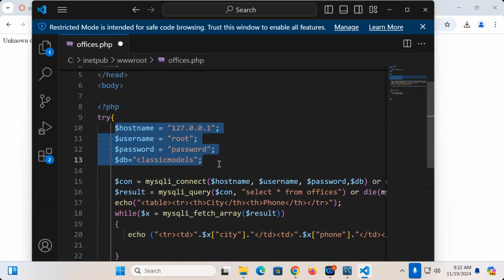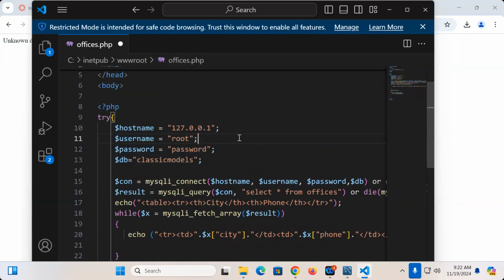Well, the host name is either localhost or 127.0.0.1. Those two mean the same thing. 127.0.0.1 is the actual IP address for localhost. So you probably can put either of them in. However, I've had a problem when I put in the word localhost. And that might just be unique to my setup. But for that reason, I always use 127.0.0.1. Name of the username is root, unless you have set up a new user,